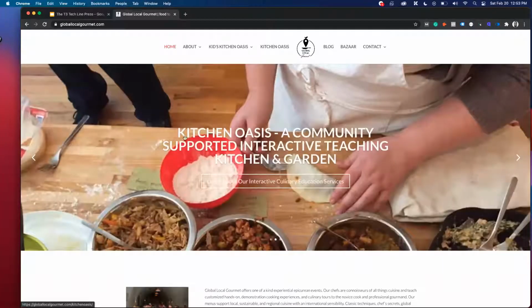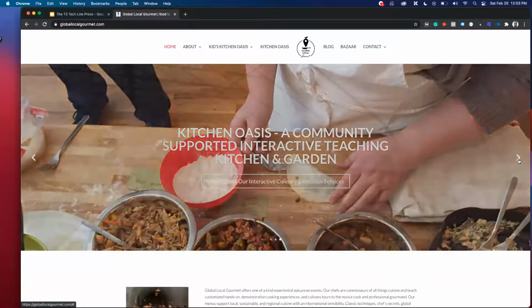I can see kitchen and garden, but when you hover over that, even when it's red, it's still a little odd to read. So maybe experiment with other colors and see which color would work best.